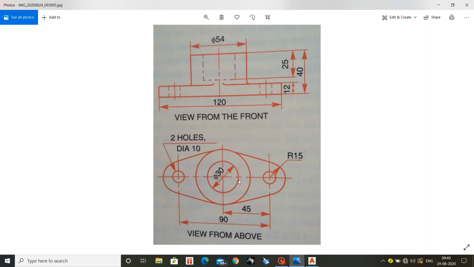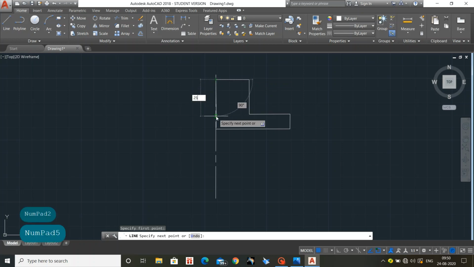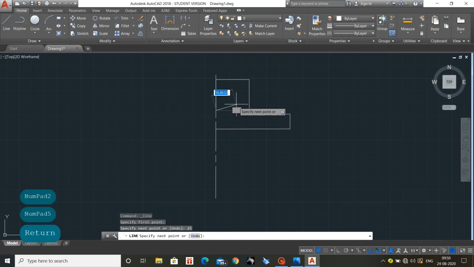So we have got the dimension, that is a diameter 30. See, the small circles are also given like that. So height is 25 and the diameter is 30. So half length will be 15. So 15 and 25. So now I would like to take a line. So I am taking here 25 height and side 15.